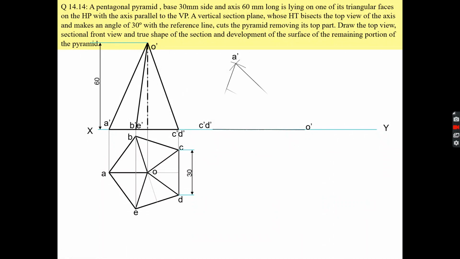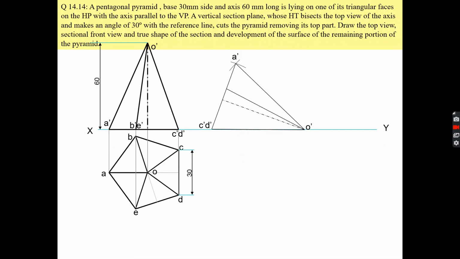So this triangle is completed. Now you know the position of B dash, E dash from point A, and you know the location of this point with respect to point A dash or any other point C dash, D dash. So you can also find the location of this point. Okay, after doing that, this is the front view.